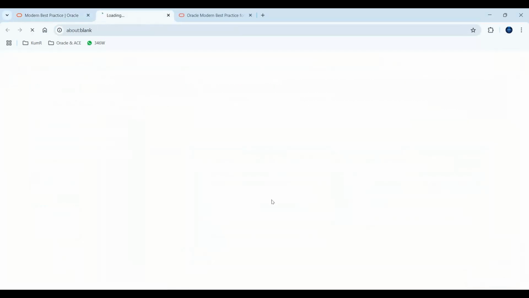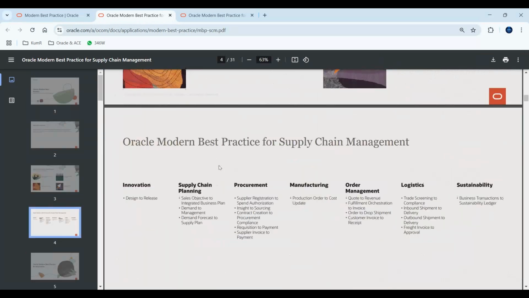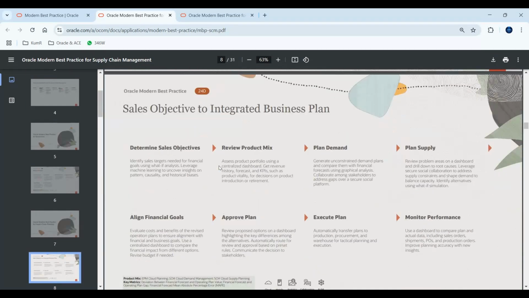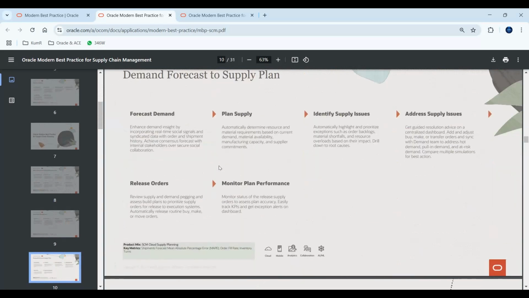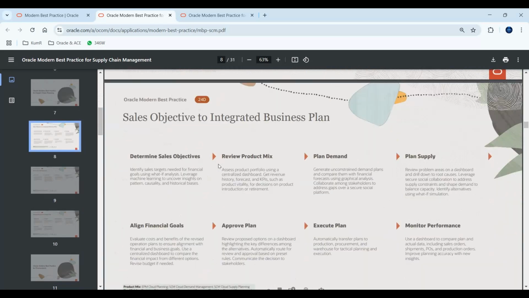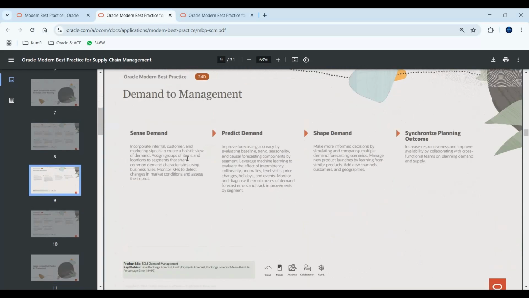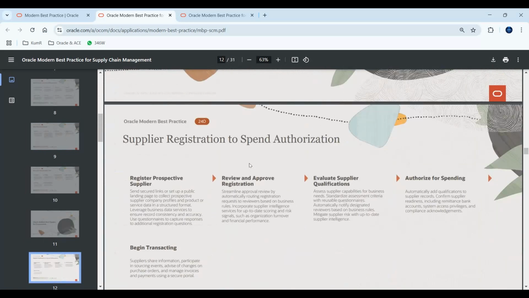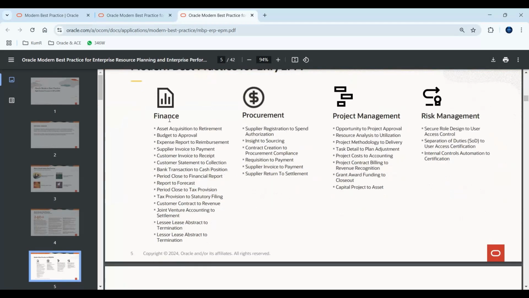If you go to supply chain, you'll see the other ones. Let's scroll down and see what's there in supply chain. So in supply chain, you have sales to integrated business plan, demand management, you know, another module, supply registration, and things like that. Okay, so but going back to financials,